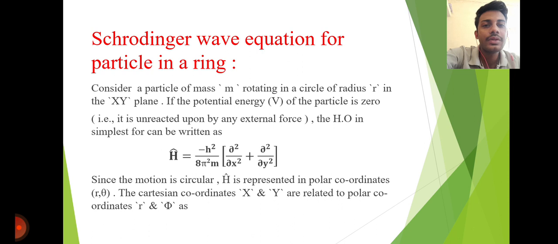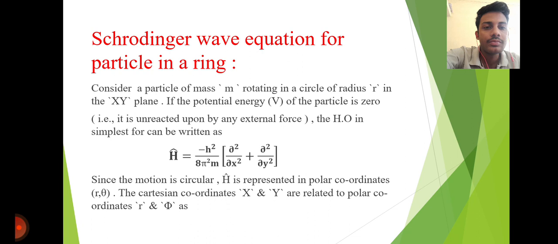Next, Schrodinger wave equation for particle on a ring. Let us consider a particle of mass m rotating in a circle of radius r in the xy plane, if the potential energy of the particle is 0. Let us consider a ring. It is two-dimensional. In this, the z coordinate is 0, so we can write the Hamiltonian operator as